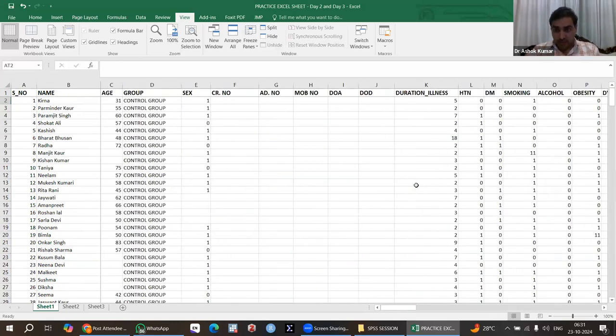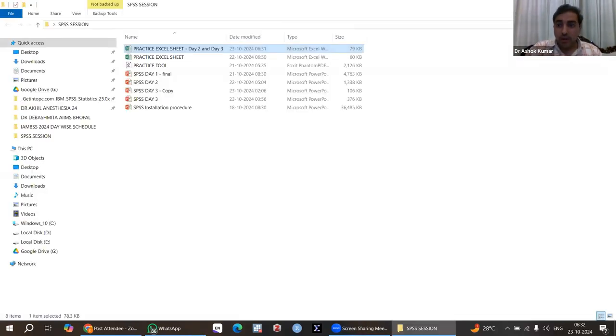So I have removed logistic and cosmetic errors from here. Then I have to save it. So what I have to do, we can see here, at the left top corner, there is a save button, or you can type Control and S. And then you can close it, because we have to now open SPSS. And I'll tell you how to import Excel sheet into SPSS again. And every day I will tell you, no problem. So close it, open our